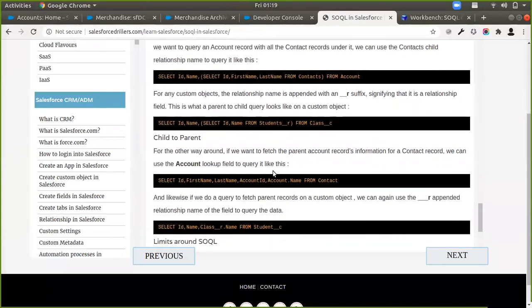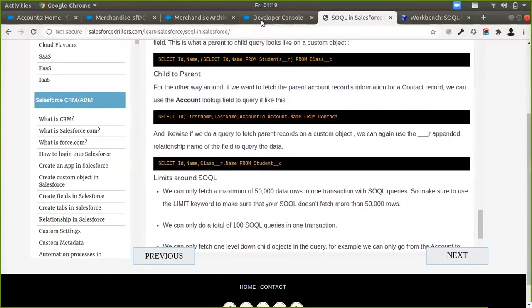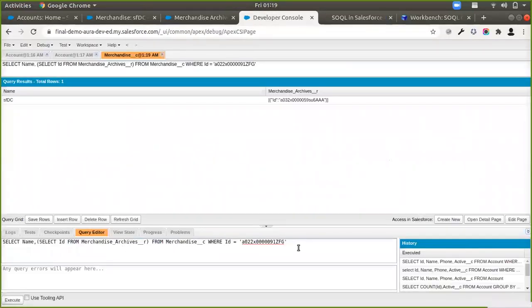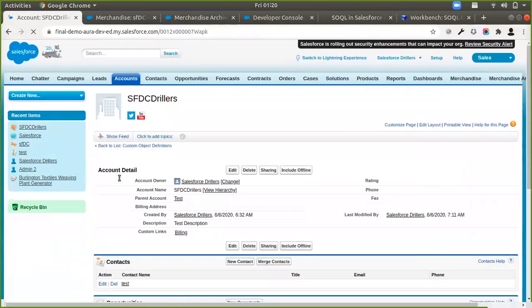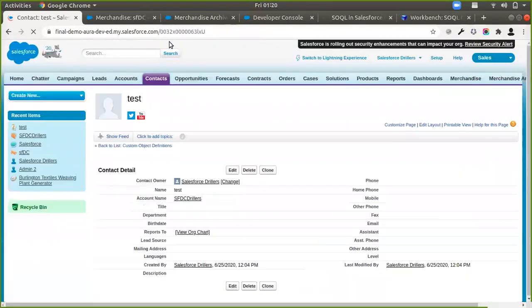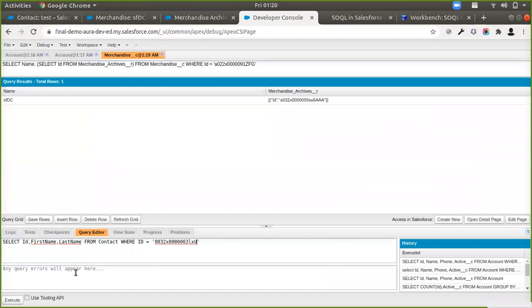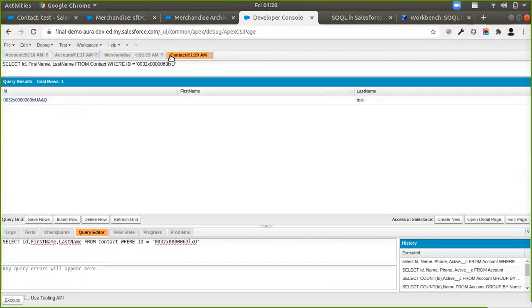Afterwards, we're going to look at the opposite, which is how you query the parent data from the child. So that is a lot simpler. Let's say we're going to do the reverse here. We're going to query the contact from your contact, and where I'm going to use the ID like here. Open this up. This is my contact record. I'm going to execute the query here, and you see I'm able to get the contact.